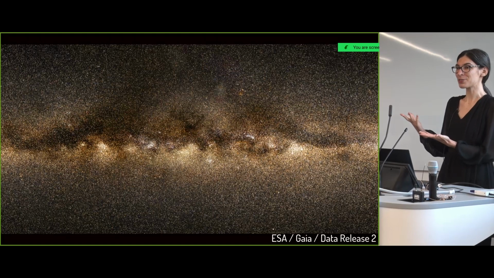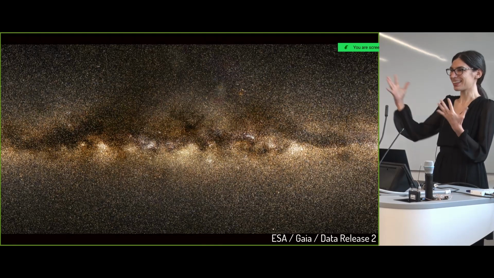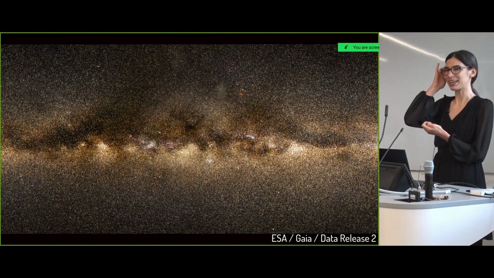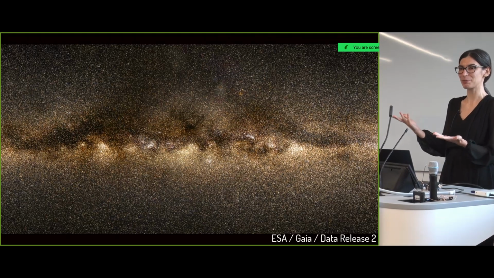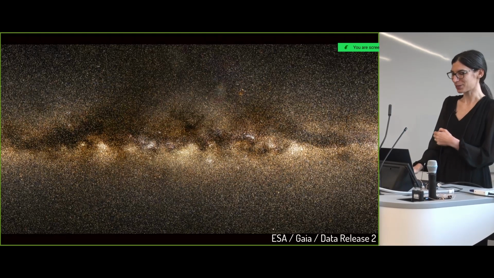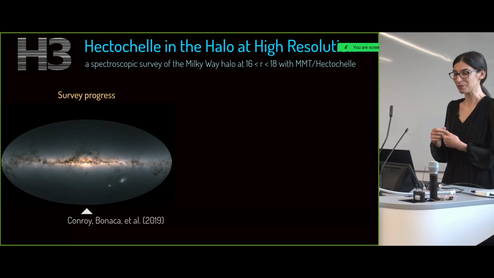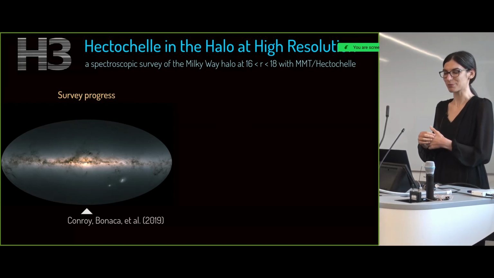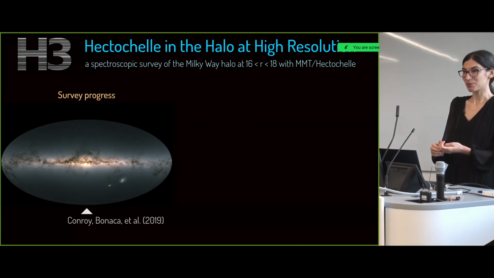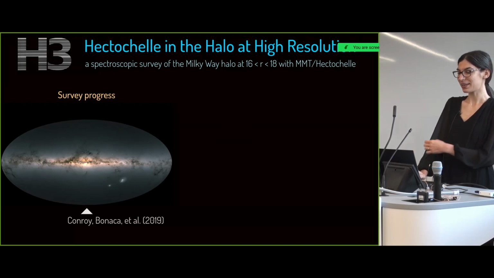And so what I'm interested in is discovering the nature of the whole galaxy and making this experiment not just from the position of the sun, but all the way to the edge of the galaxy. And to do that, we need those 3D positions and the 3D velocities that unfortunately Gaia will only provide for the brightest of stars. So this is the reason why a group of us at the CfA started the spectroscopic survey called H3, which stands for Hectochelle in the Halo at High Resolution, where we complement Gaia observations and measure spectra of stars fainter than Gaia will observe, between 16 and 18 magnitude.